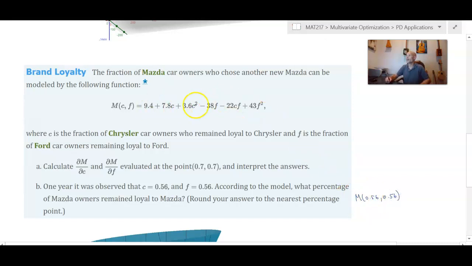If we plug these values in, noting that all three variables, C, F, and M, are between 0 and 1, because you can't have more than 100% of Mazda owners who remain Mazda owners, and you can't have less than 0%, when we plug in 0.56 for both C and F, we get approximately 0.20. And what that allows us to say is, in that year